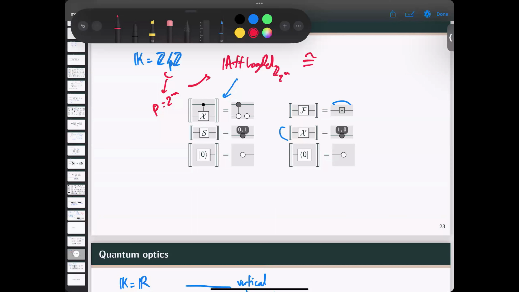But this thing is not equivalent to ZX, for qubit ZX. It's easy to find rules that hold on the left side that can't be true for qubits and vice versa. And so there's some subtle and annoying difference between affine Lagrangian relations when your field has characteristic 2 and the corresponding quantum ZX or